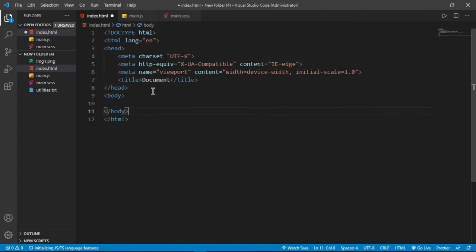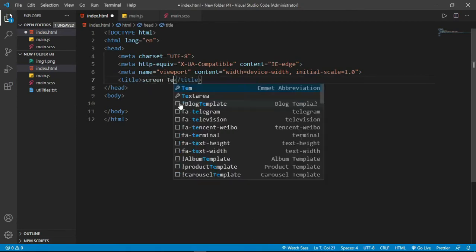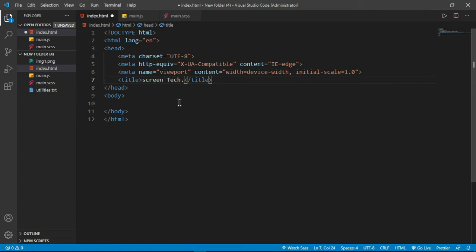And I'll just zoom this. I hope you can see it clearly. Now I'll change the title to Screen Tech like this, and I'll make it capital. Okay, now just create a section